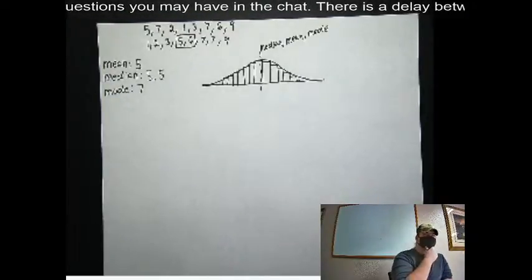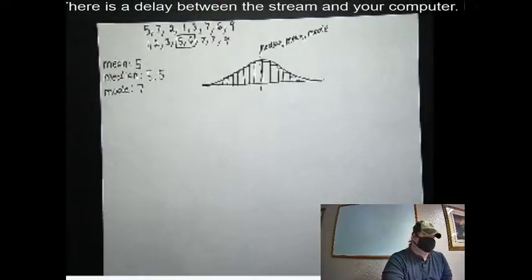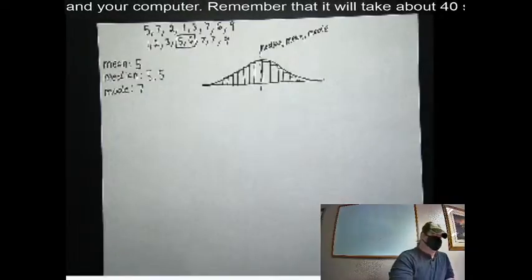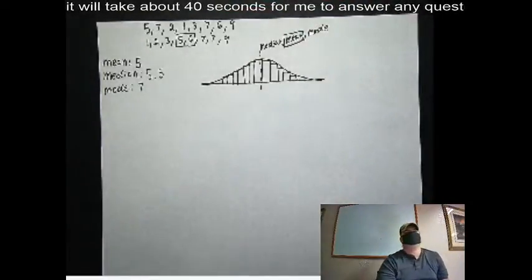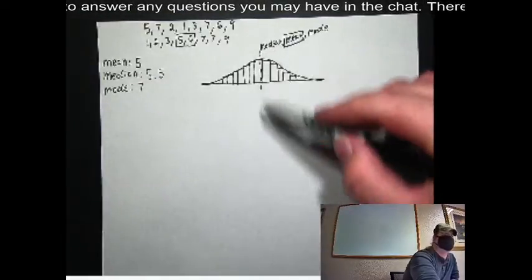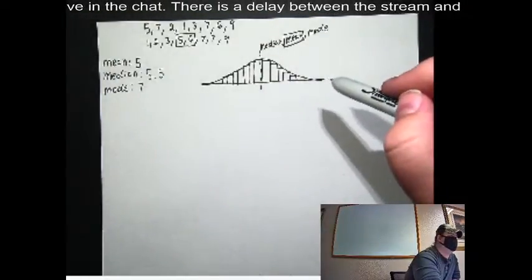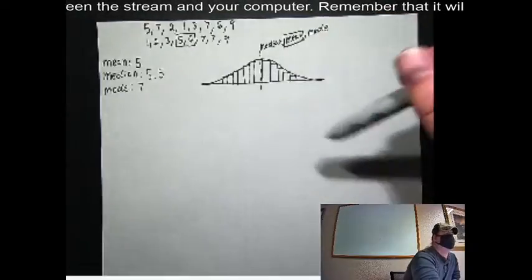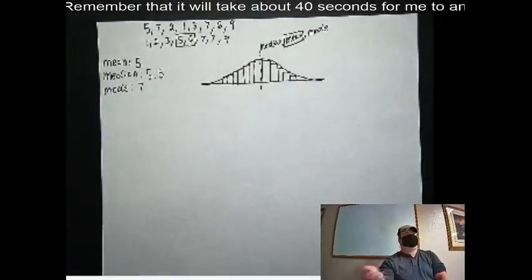Okay? So which one represents the data best then? Well, since they are all basically the same, or at least going to be right close to each other, they all represent the data pretty well. But the correct one to choose, you would typically go with the mean. And the reason we say that is because median only looks at one number, it's just looking at the middle number. Mode only looks at one number, it's the number that occurs the most. But mean calculates using all of the data. So because it calculates using all of the data, it's a more equal representation of the data. It's a fairer representation. So when we have normal distributions like this, mean is what we want to use to